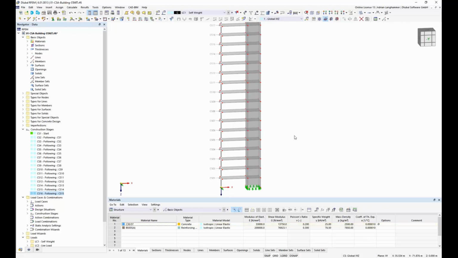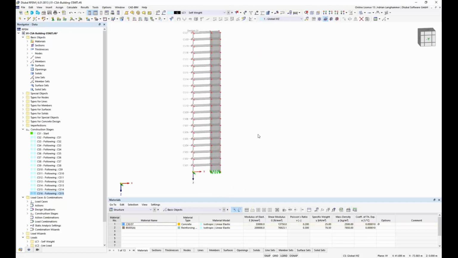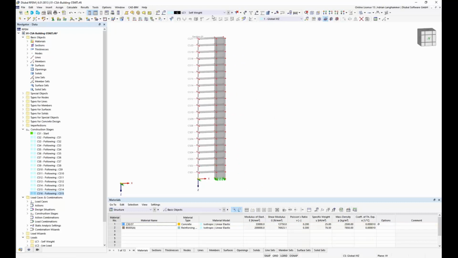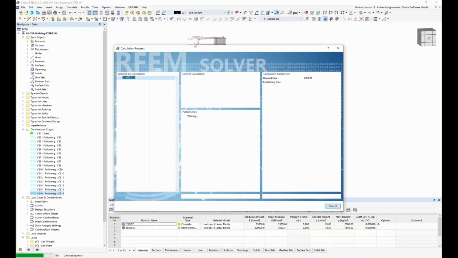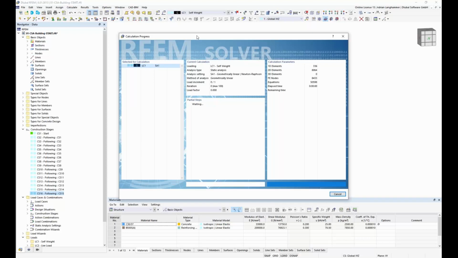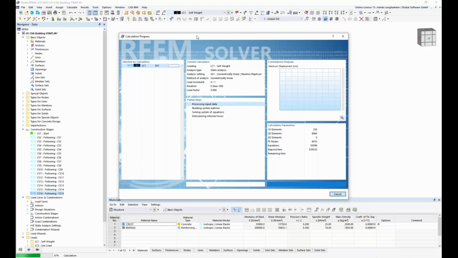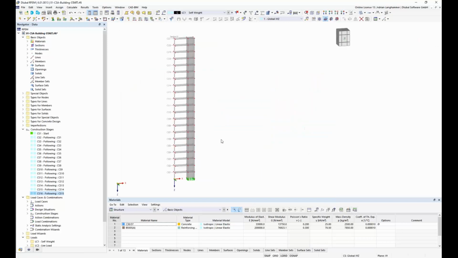First, before I start with the construction stages, I will calculate the internal forces and the deflection of the whole structure with self-weight without considering the construction stages